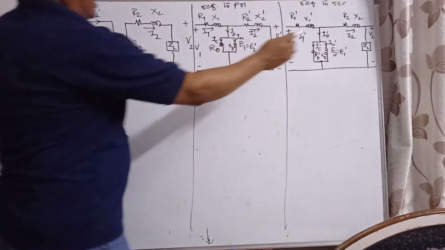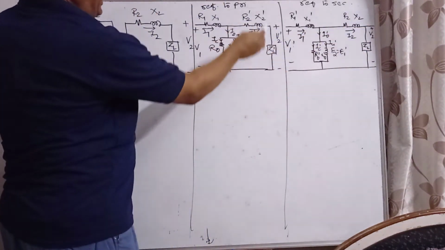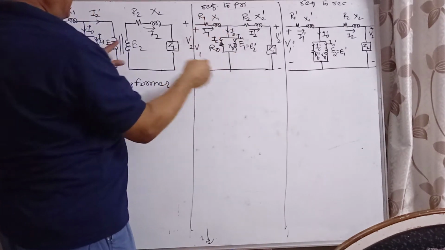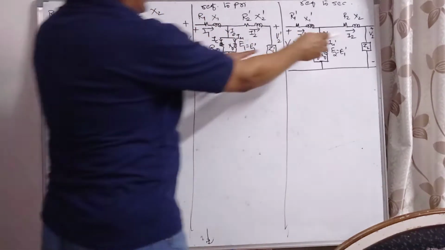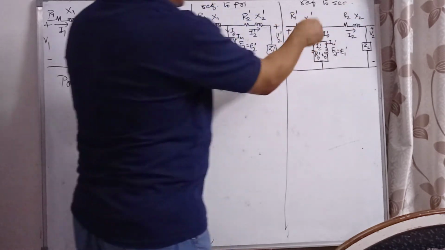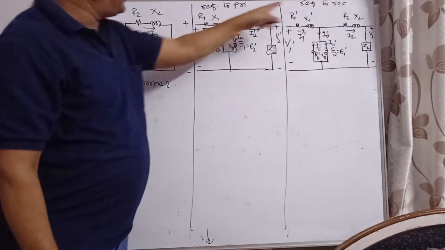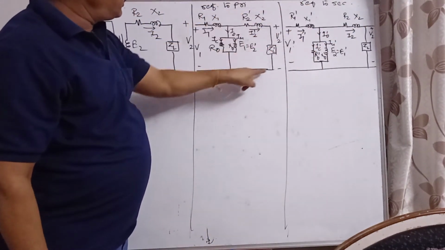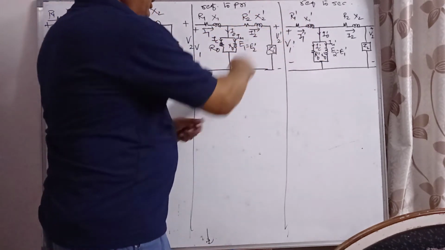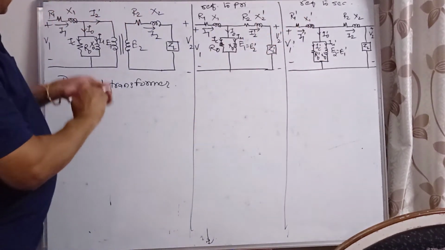Secondary parameters are as it is. In this circuit, primary as it is, secondary notations are changed. In this, secondary as it is, primary notations are changed. And now we have to define these, which are transferred, we have to define. So we know that